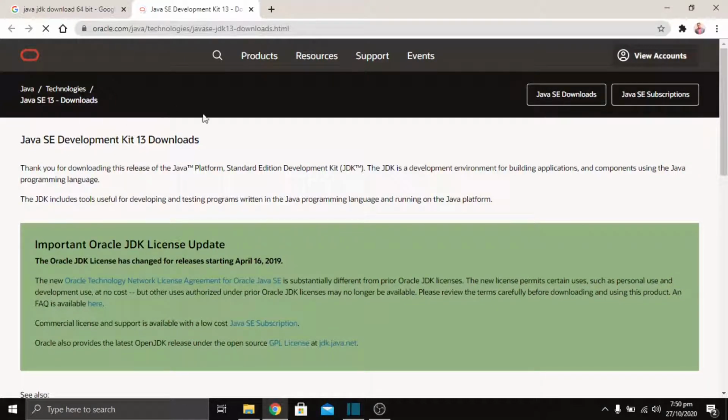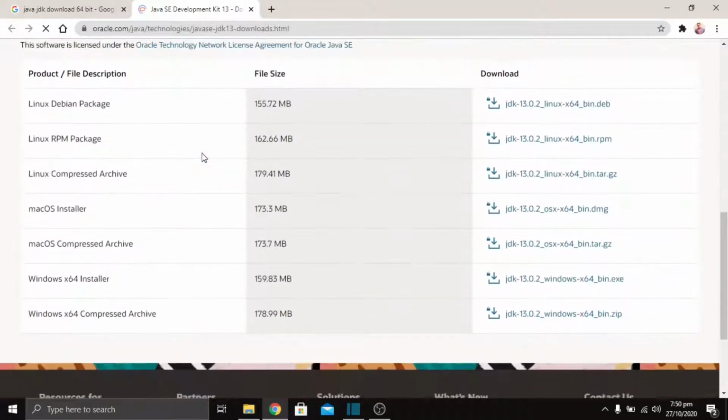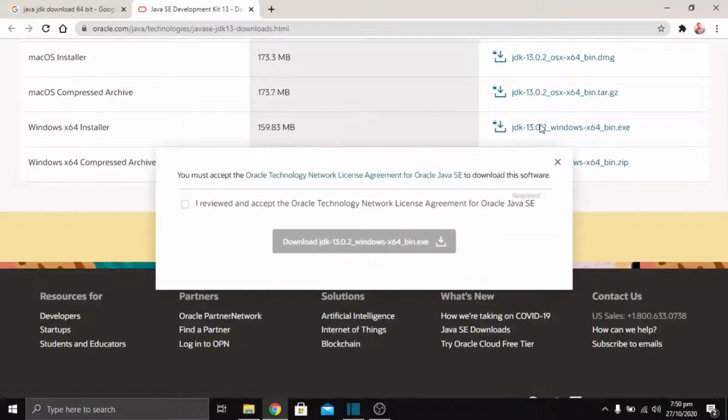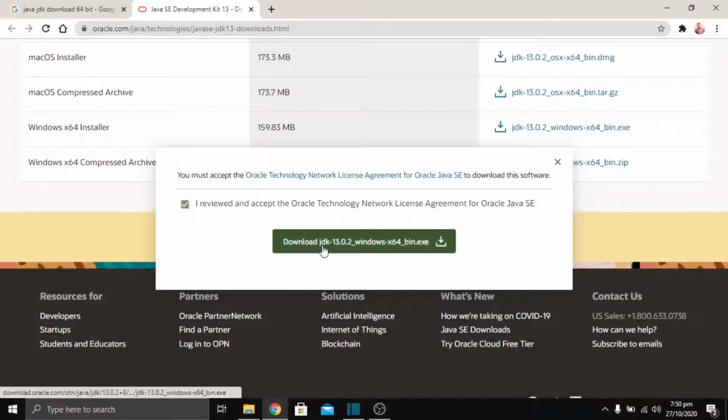We would be on this Oracle website. So going to the bottom, we are going to go for Windows 64-bit installer. So I'm going to click over here. After getting reviewed, accepting the agreement, we would download JDK.